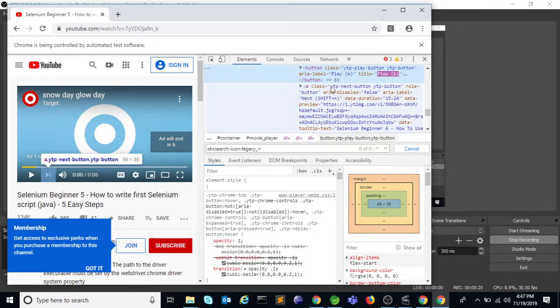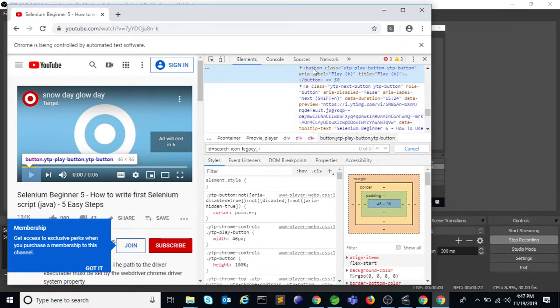I just click, it highlights it. The class is the aria-label. It goes play, title, play, and K, and that's how we